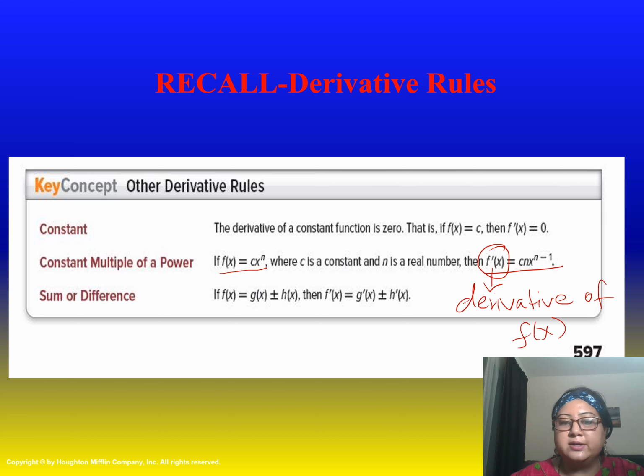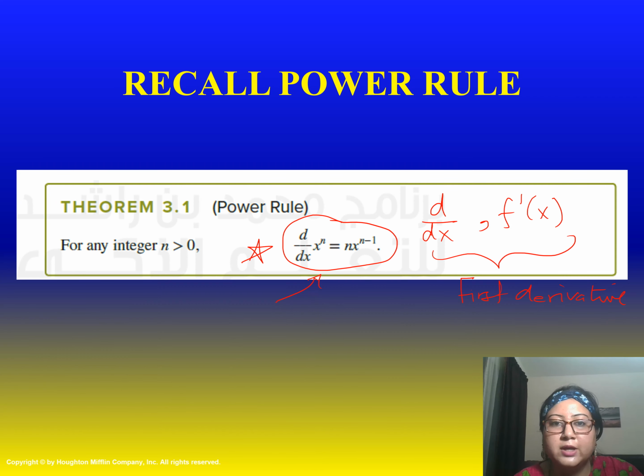What you do here is very similar to what you've been doing till now. That is, you take the first derivative and you do the derivative of the individual functions. So your f'(x) will be g'(x) plus or minus h'(x). For each function you do the derivative, and depending whether it is a sum function or difference function, you just do the individual derivative and then add or subtract. So that sums up this slide on the derivative rules. Let's see some more rules in the slide to come. This is another important rule which I want you to recall now, students.